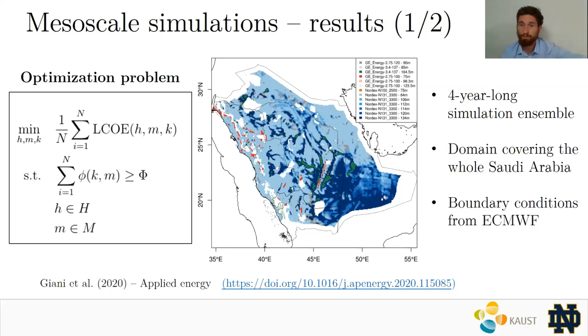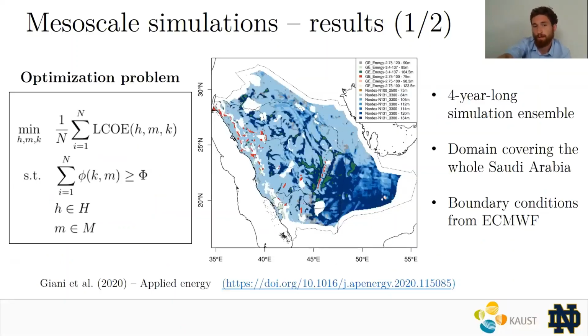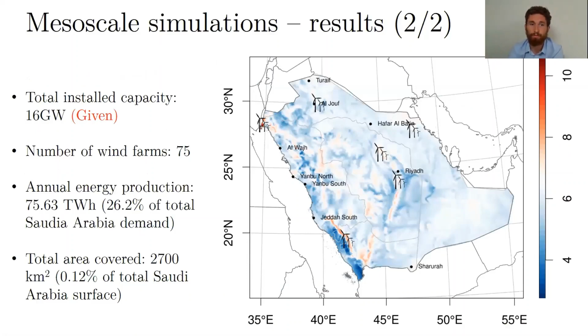So there are some regions in Saudi Arabia in which it's probably more convenient to go for a smaller turbine. Some other regions in which the wind speed is increasing much more if you go higher in the atmosphere, and therefore it's more cost efficient to exploit the height of the turbine, and so build taller turbines. Hopefully this makes sense so far. And at this point, once you've calculated this, for each grid cell you have a best or most cost efficient turbine, and then an associated LCOE with it, right?